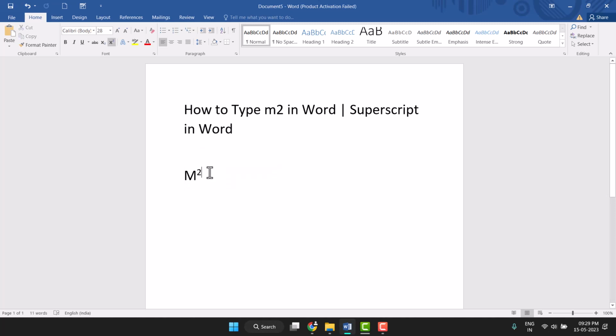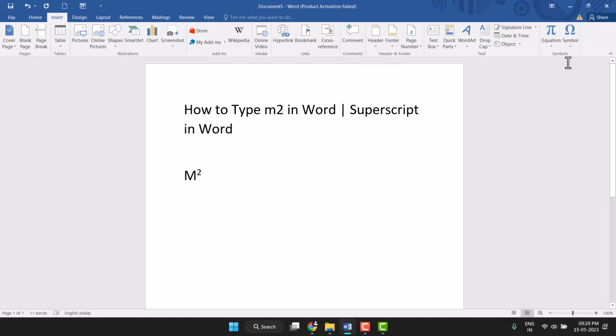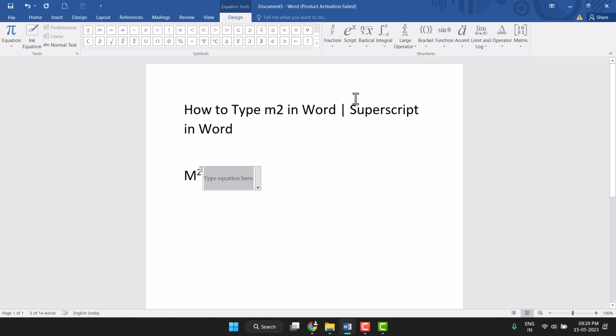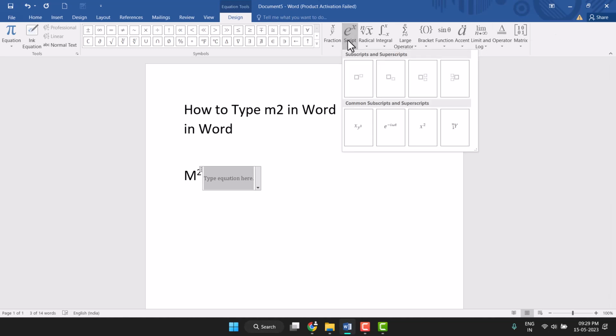So this is the first method, and the second method is: first click on Insert. Now this is the last option, equation. So don't click on equation here, click on this upside symbol. So just click on here and script. Here you see this option script, click on superscript, this first,